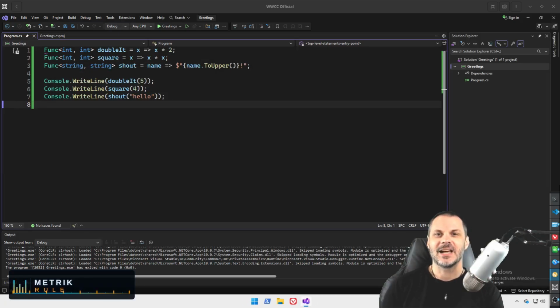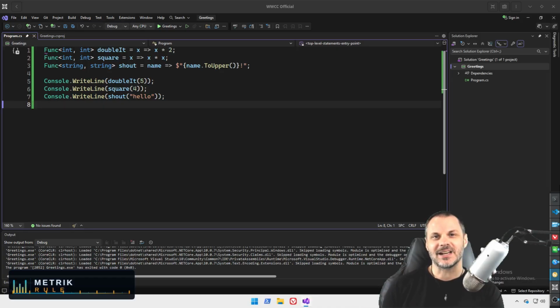Exactly. That's type inference. The delegate's declaration carries enough information that the compiler can fill in the rest. Now, what if you need two parameters? Do we just keep piling them into the angle brackets, like a clown car of types? Yes, and remember the rule: the last type is the return type. So Func<int, int, int> means two int inputs and one int output.